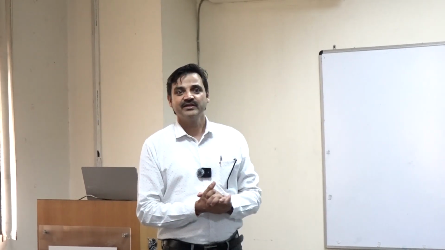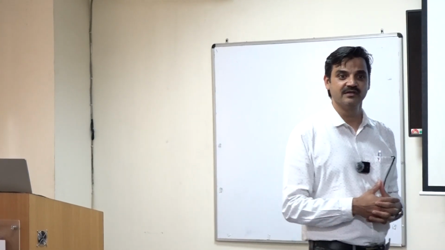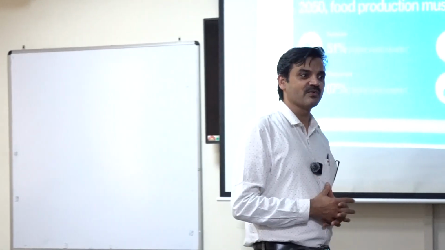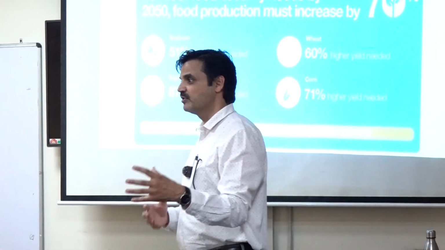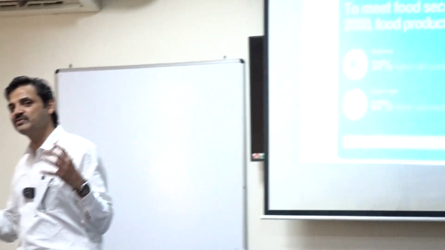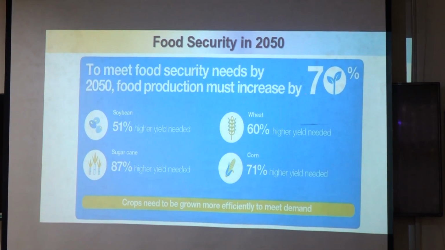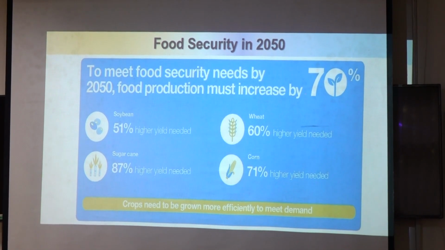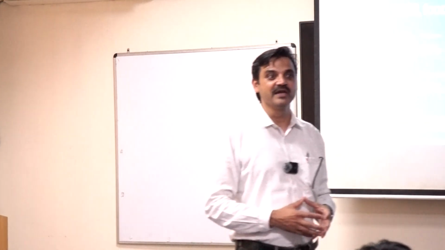The hungry stomachs are increasing every year, right? That means the human population is increasing and everyone needs food, fiber, oil, everything. My plate should be decorated with rice, dal, carbohydrate, protein, then some fat, then some salad, everything. You can imagine how many constituents are required to decorate your plate. I need a decorated plate. Why not? Nutritionally rich, diverse in different food components, and for that you need more food because there are more people to eat on this globe in coming time.